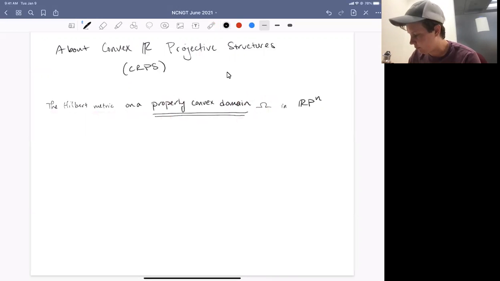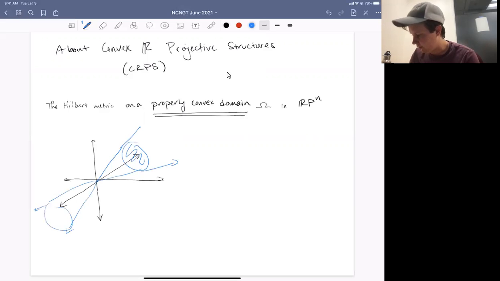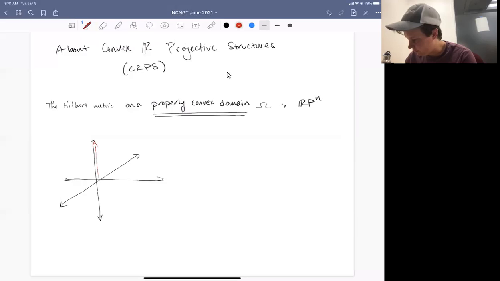So let's just think RP2. So we're looking at the space of lines through the origin in R3. And omega is an open subset of that space. So omega could be some cone over some blob like this, right? Okay. Omega could look like that. Omega could be, I'll draw something else now. Omega could be all of the lines whose